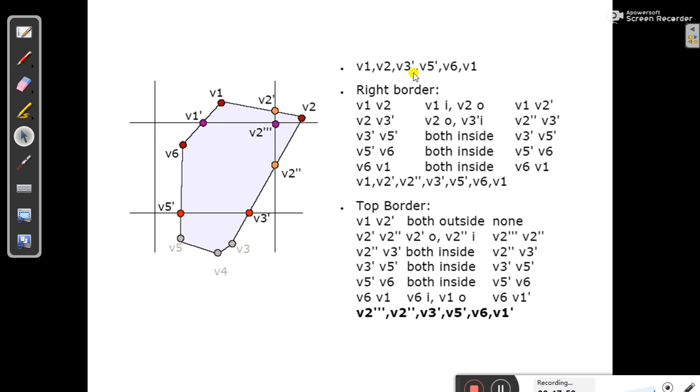Or you can say V3 dash, that is V3 dash. V3 dash is inside. So you take V3 double dash, V3, V2 double dash, V3 dash. And again V3 dash, V5 both inside, or you can say on the line, then it will be considered as inside. Then again V5 dash, V6 both inside, and V6 and V1 dash, V6 and V1, because V1 is outside,